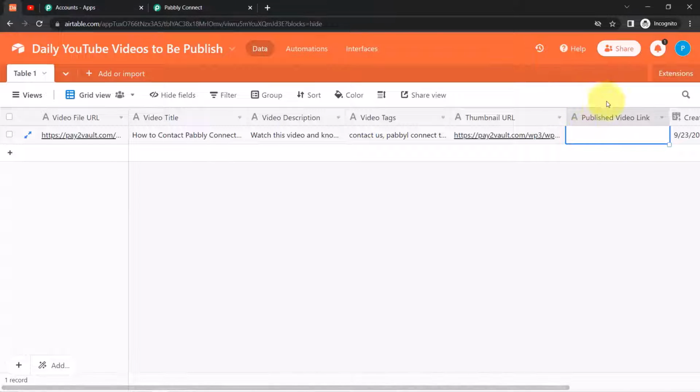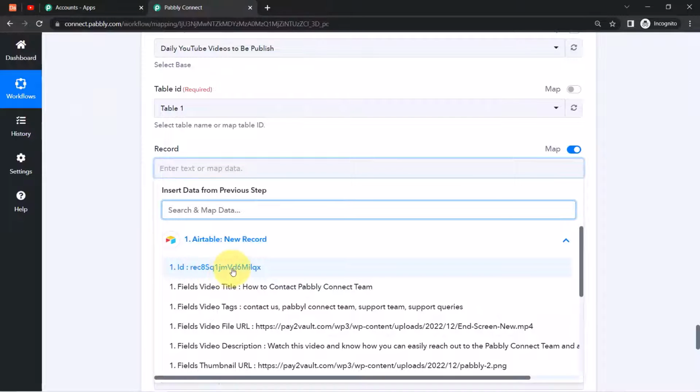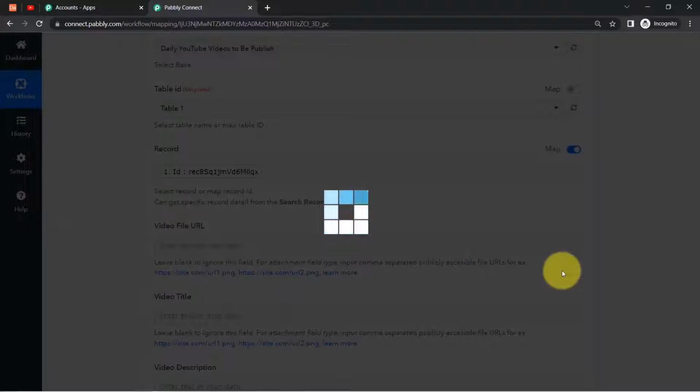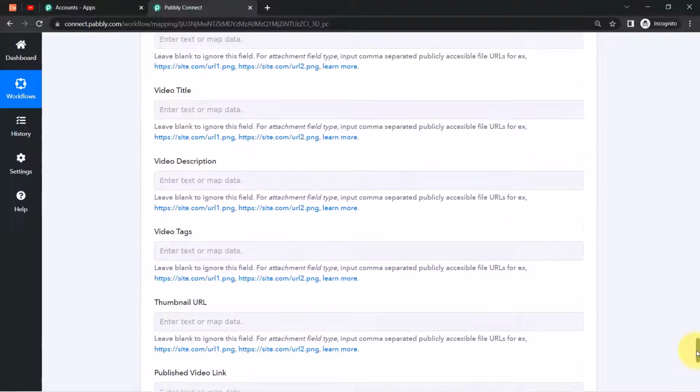So here I would like to update the details of this particular record, so that is why I'm going to map the record ID from here only. So this is the record ID. I have mapped this successfully, and now I will only map that specific detail which I would like to update,